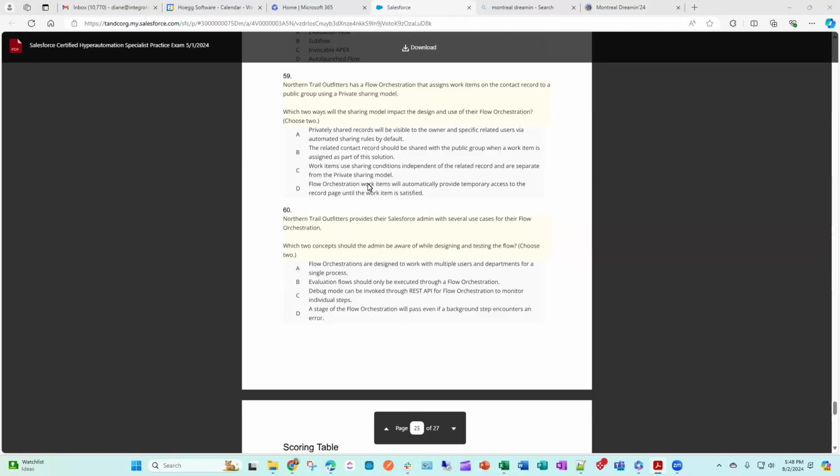Flow orchestration items will automatically provide temporary access. That's not true. Work items use sharing conditions independent of the related record and are separate from the private sharing model. I have been told that that is not true. And A and B are actually the correct answers, in that the related contact record should be shared with that